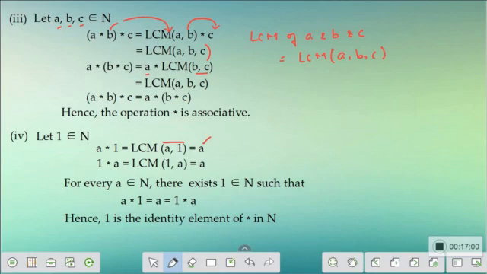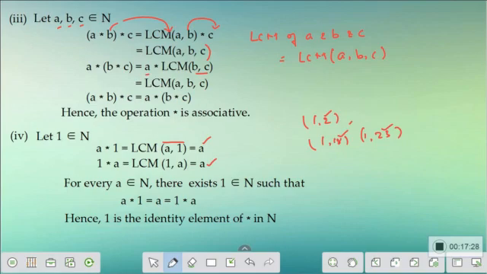You can check with LCM of 1, 2 or LCM of 1, 18 or LCM of 1, 23. Whatever element you take, you can see the LCM will be only the element other than 1. So this means that LCM of A and 1 is A. Similarly, if you consider 1 star A, that will also give you the LCM as A. So we have taken an element A for which we got another element 1.